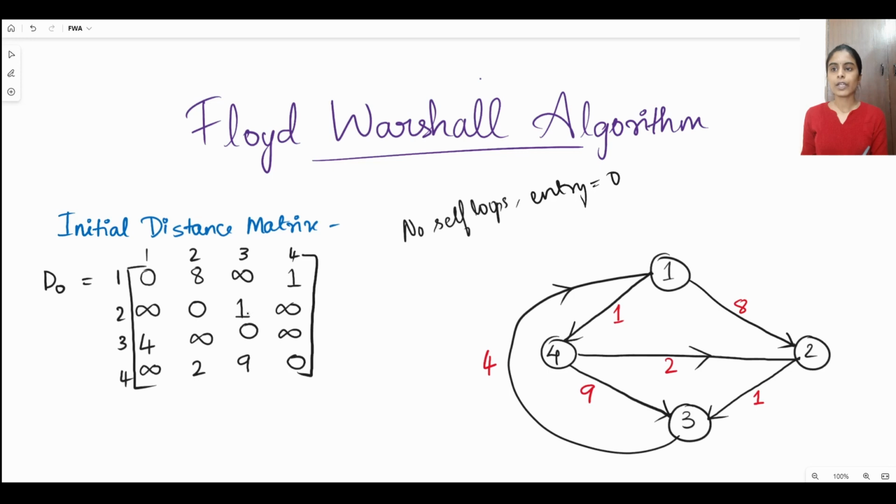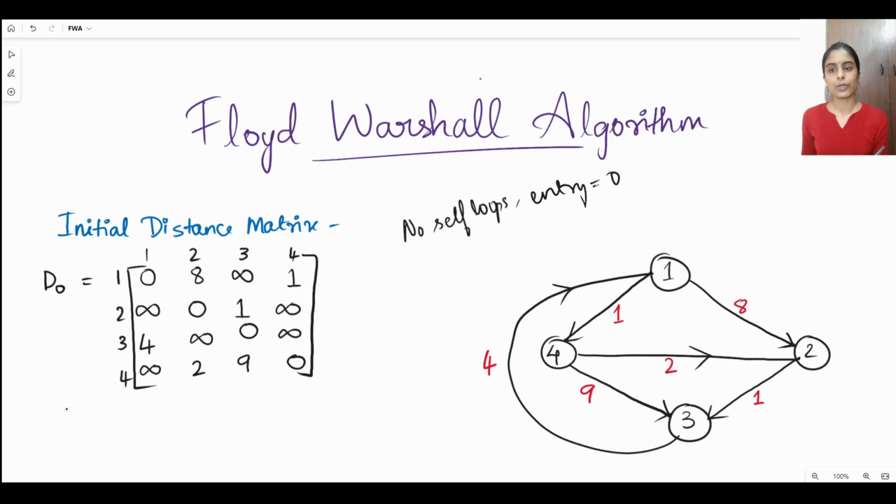Then if there is a directed edge going between any two vertices, we enter the corresponding edge weight as the entry in the matrix, and if there is no edge, then we give infinity as the distance in the matrix. Now, the Floyd Warshall algorithm is applied by considering